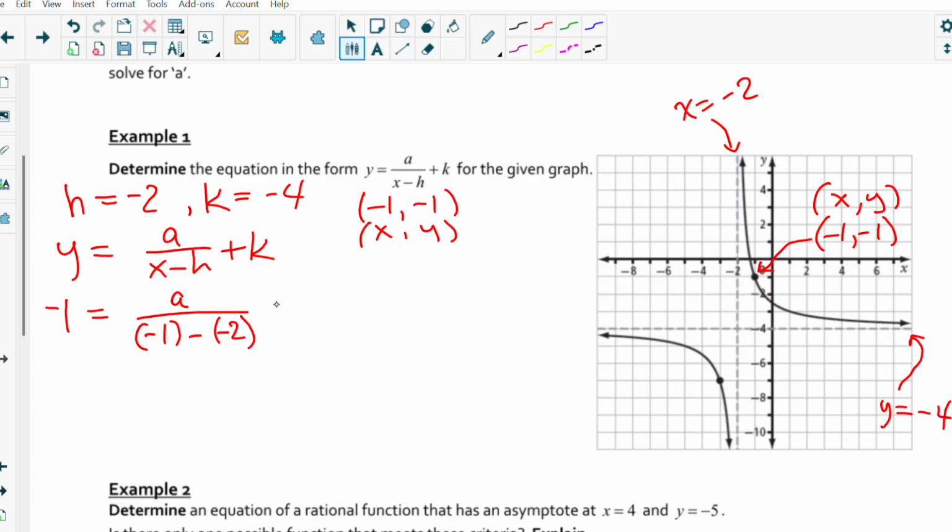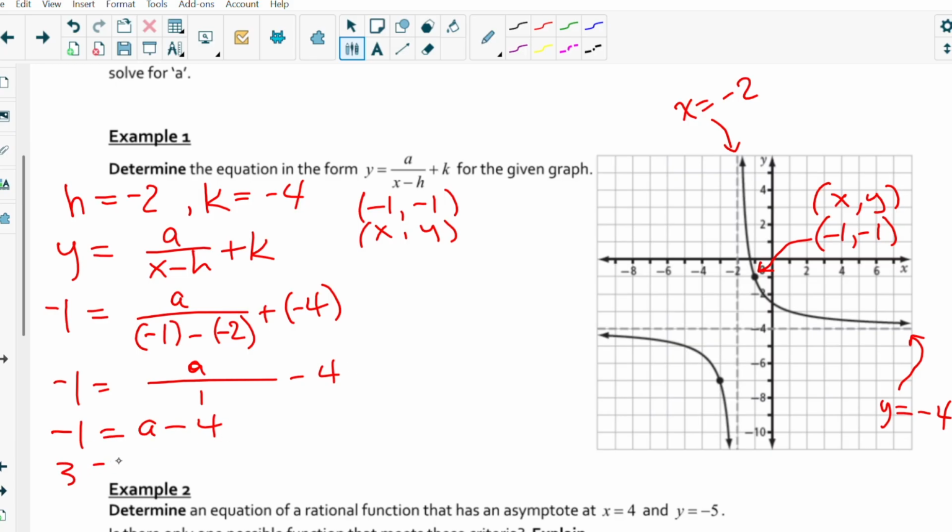And then plus k is plus -4. Okay, -1 equals a divided by -1 minus -2 is -1 plus 2, that's 1, and then that's -4, so that's -1 equals a minus 4,